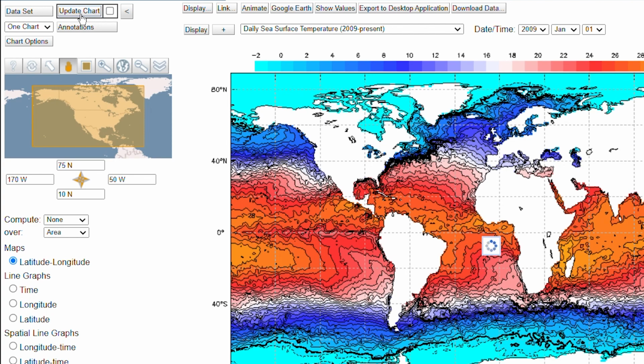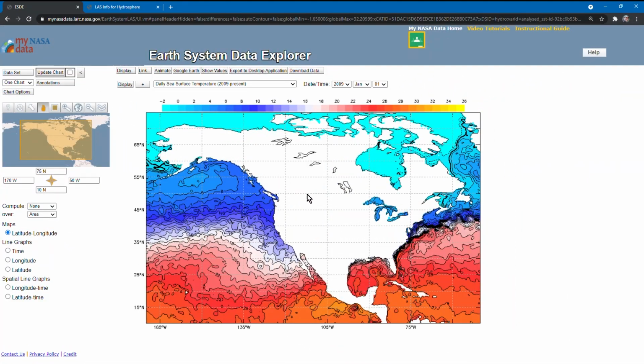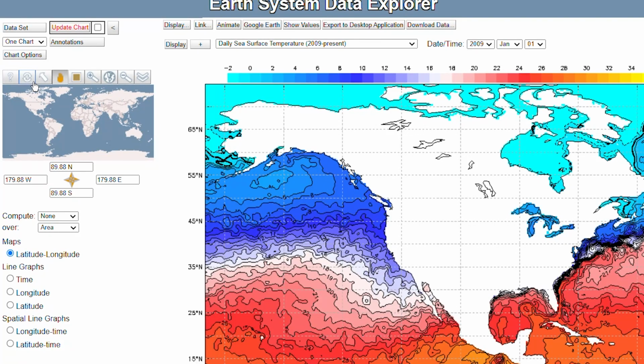Now everything highlighted on the minimap will then be shown on our main map to the right. What is shown now includes the East Coast, Mexico, Central America, and the Caribbean, but also showing us a lot of the Pacific Ocean as well as Alaska and Canada, and we really don't need that much. So we could reset this mini-map and go to Select Region. This tool will allow us to go ahead and select the region ourselves.